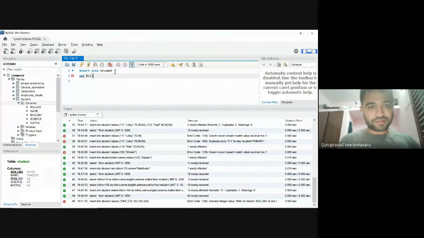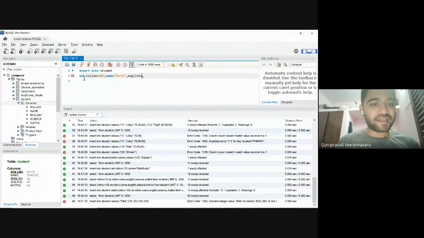First is roll number. How much do I want the roll number to be? Let us say I want the roll number to be 600. What is the name of the student? Name is equal to, let's say, Harsh. And English will be equal to